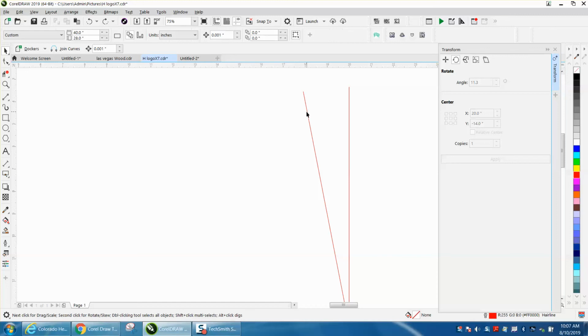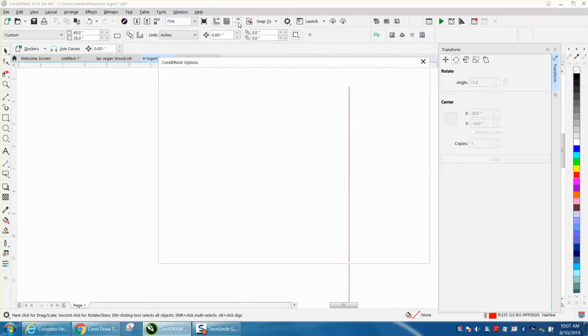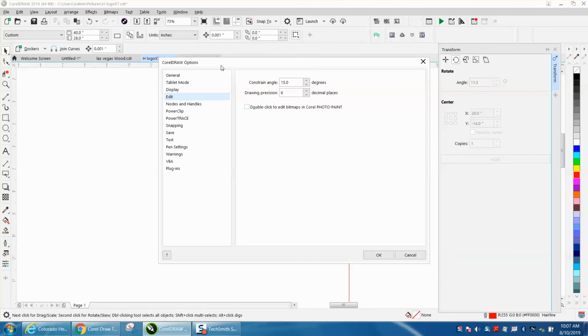Let's erase this, and I'll show you how I set the decimal places higher. And the reason I do it, I set my nudge factor on 0.001. So if you go to Tools, Options, and it's all different and different, but just get down to this page and go to Edit. Here's your drawing precision. If you put this on 2,